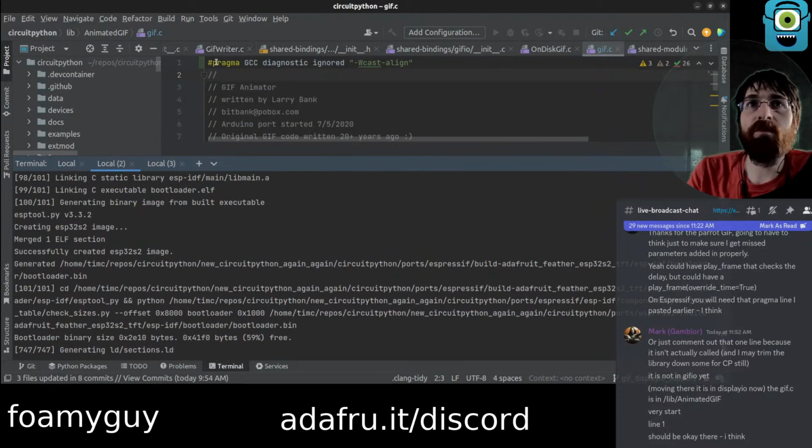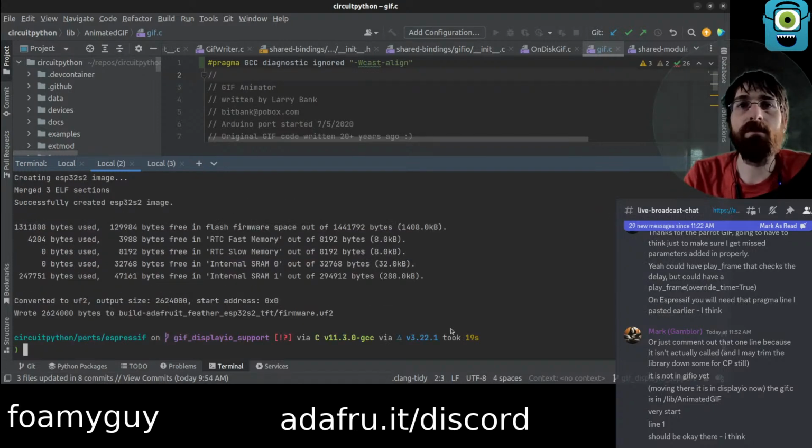I've never seen this pragma. I don't know what this... See, ignored. It's like passing another thing to the builder. Interesting. Okay, we got the build. Loader.